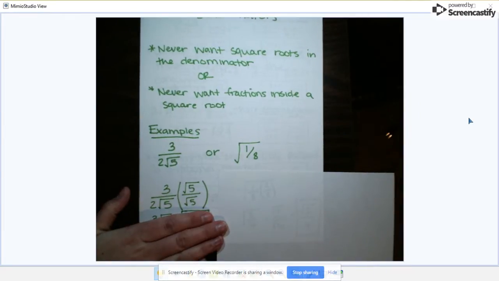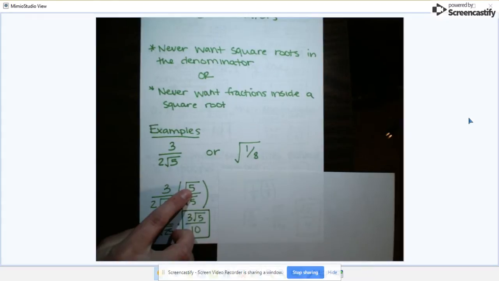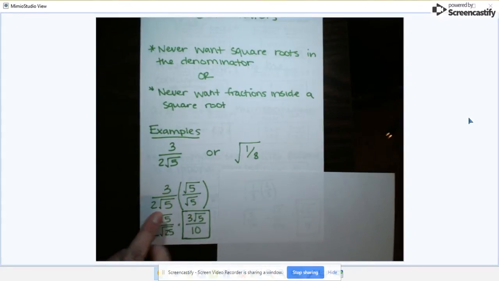When I multiply by the square root, I have to multiply by it like square root of 5 over square root of 5, because technically that is 1. So we're not changing our problem. So here we multiply by root 5 over root 5. The numerator becomes 3 root 5. Then this 2 stays there, and square root of 5 times square root of 5 is the same as square root of 25. However, we know that that is 5, so 2 times 5 is where I get 10